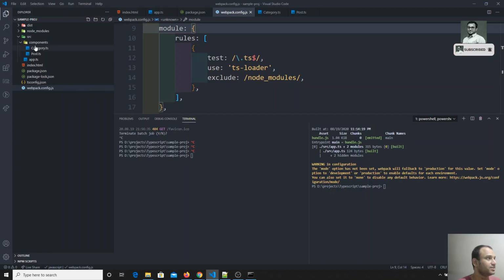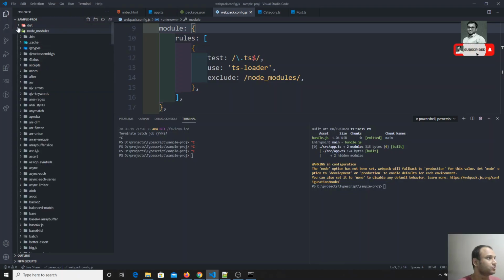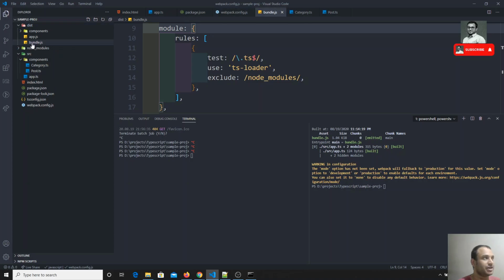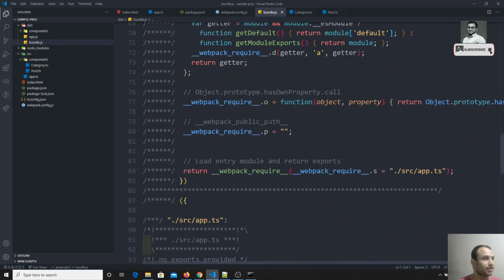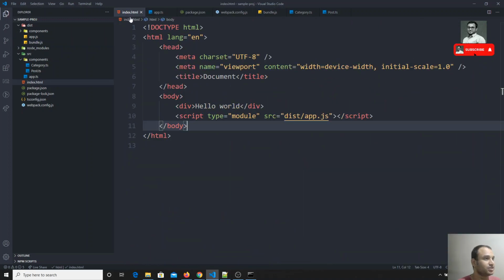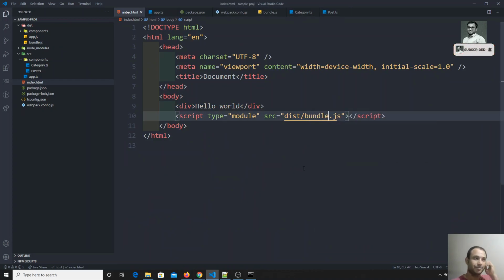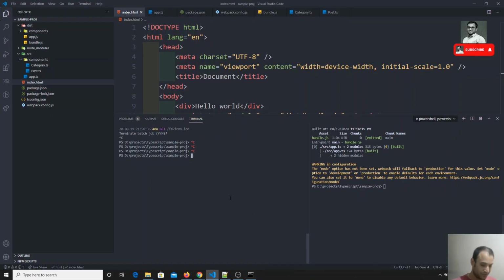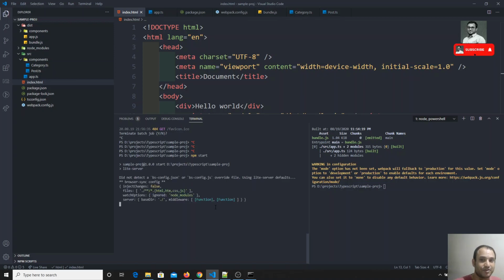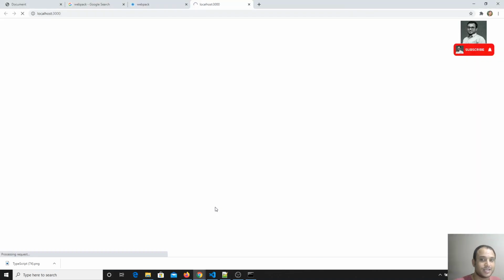Now if I go and see the dist folder, I will be able to see the bundle.js file. This is all the code that has been generated using webpack. Now you can go to the index.cshtml and I can give bundle.js instead of app.js. Now I will execute the code. Let's boot up the server with npm start. We installed and configured webpack in order to decrease the JS files. Now it is getting refreshed.